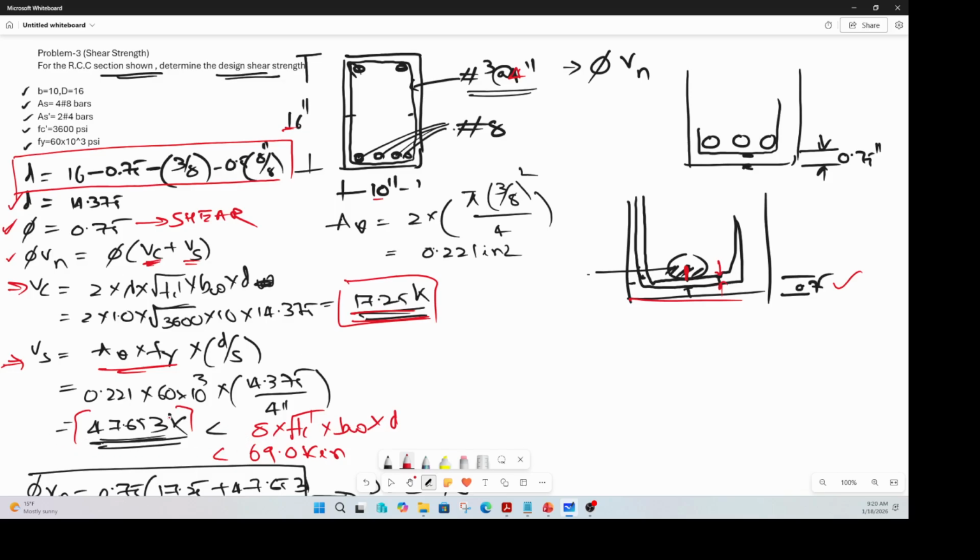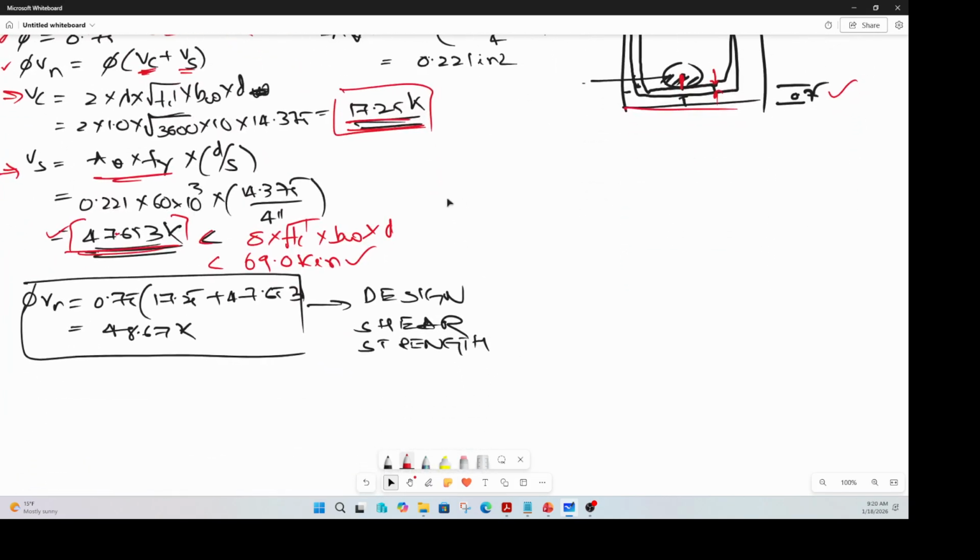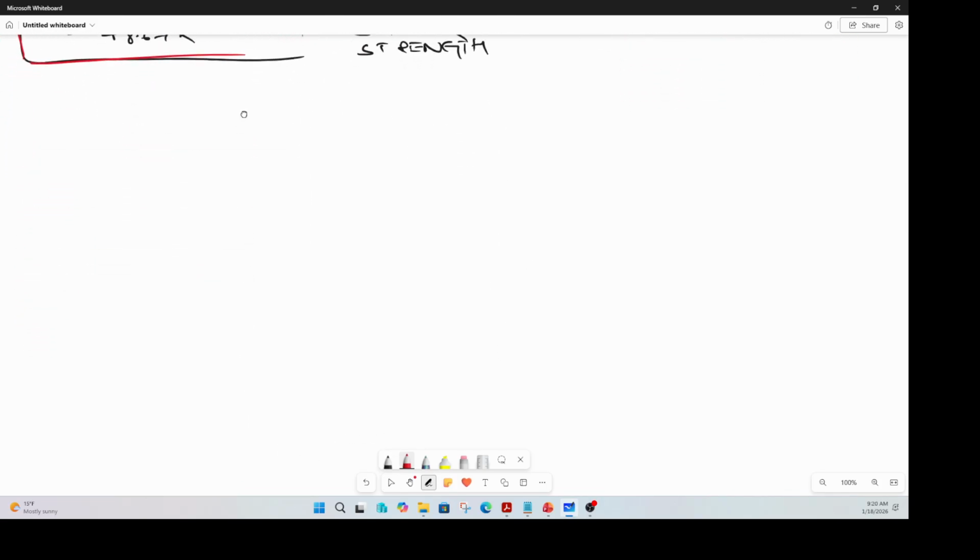So you calculate that, it appears to be 47.65, and there's an upper limit to that, so you compare it. Upper limit is 69, value calculated is 47 point something, so we're good. So you combine those two, multiply with the shear strength reduction factor, that is your answer. Okay, so that is the problem on